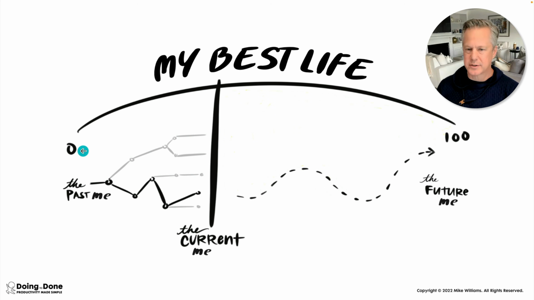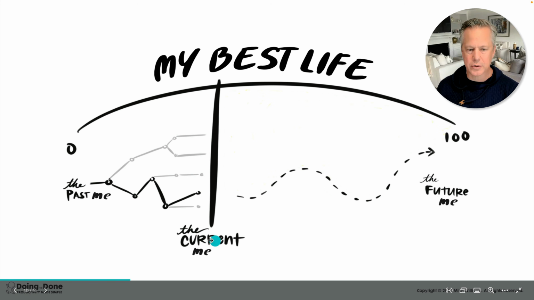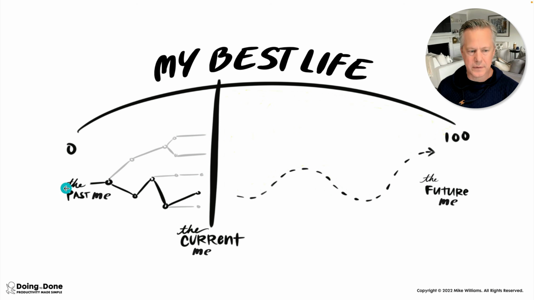And I suggest maybe at some point in time, you do this exercise for yourself. But here's what the instructions are, very simply: draw an arc from 0 to 100 and draw a vertical line at your current reality on that arc. And the things to understand here are there's a past you. There's a past you with choices made, not made, something that a teacher said to you when you were younger or a mentor said to you that are part of the stories that you're carrying around. Well, the interesting thing is the past you is fixed, but the meaning you can make from it is not.